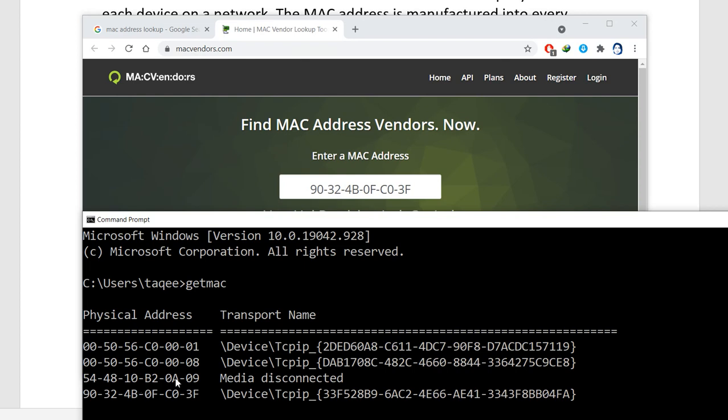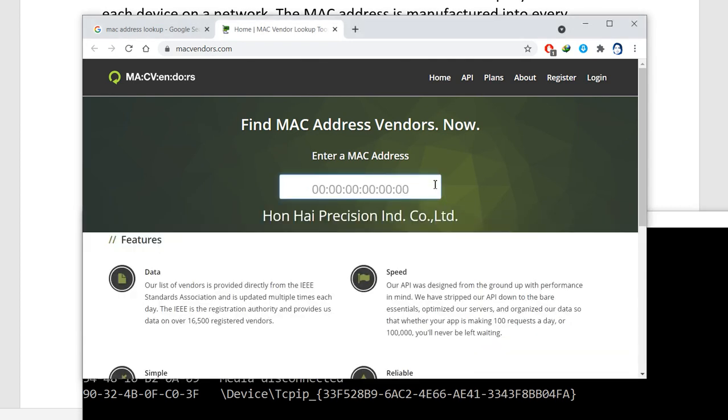Now I have two more MAC addresses, and these are same. You can see the first 24 bits are same, and the last 24 bits are almost same, only difference is from 1 to 8. Now these MAC addresses are for my virtual machines. It is actually coming from my virtual machines. I have installed virtual machines here in my system. So for those virtual machines, these virtual adapters are there, and this is the virtual adapters' MAC address.